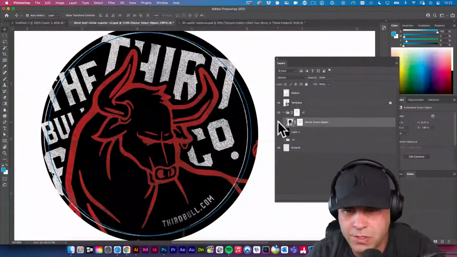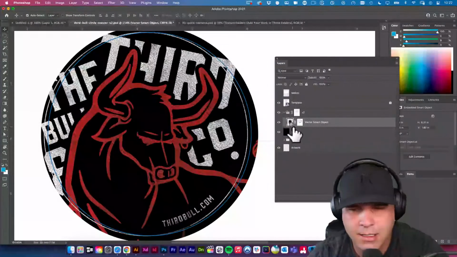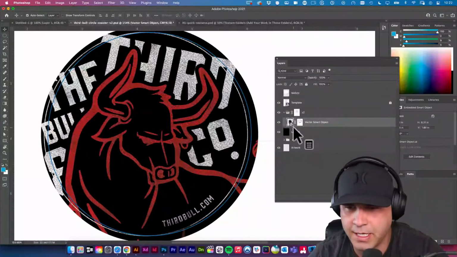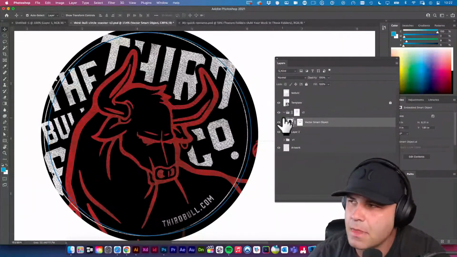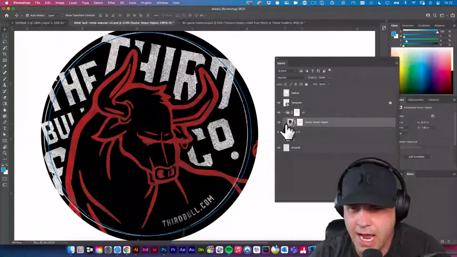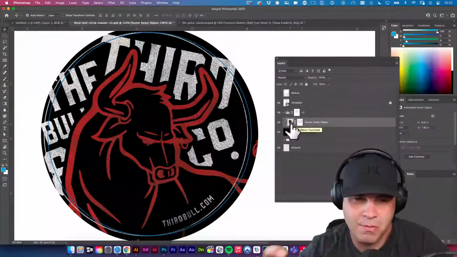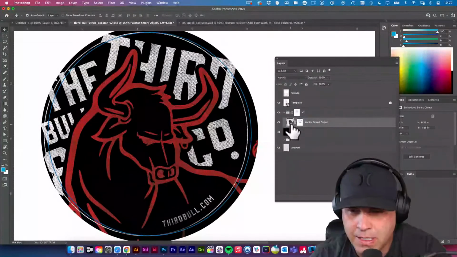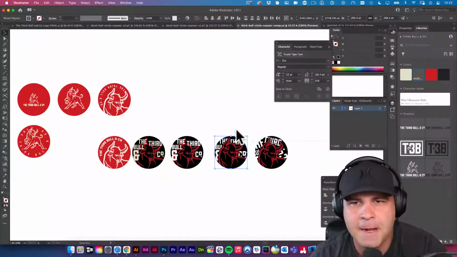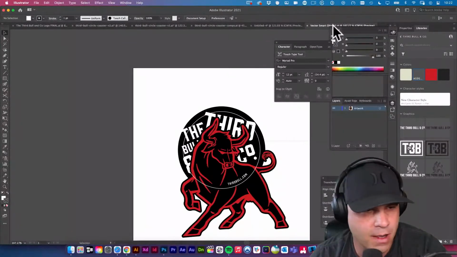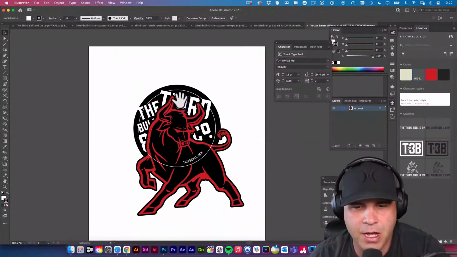When it comes into Photoshop, you'll see this little icon. I wish I could, can I? What happens if I zoom in? Nope, that gets weird. This little icon here means this layer is a smart object. So we're in Photoshop, but it still remembers all of the vector details. When I double click on this little icon on this layer, it opens up that artwork as a separate, up here you see it says vector smart object. This is a separate, unrelated,